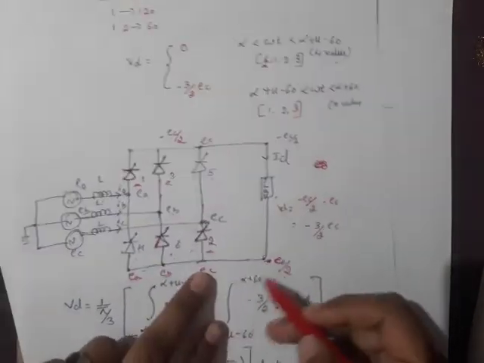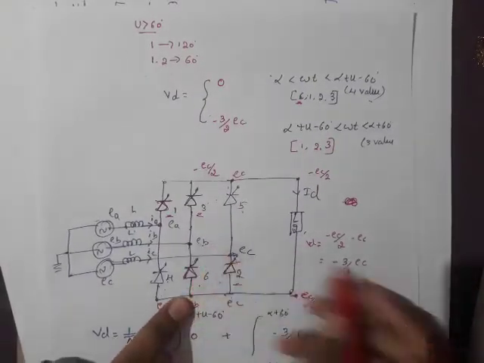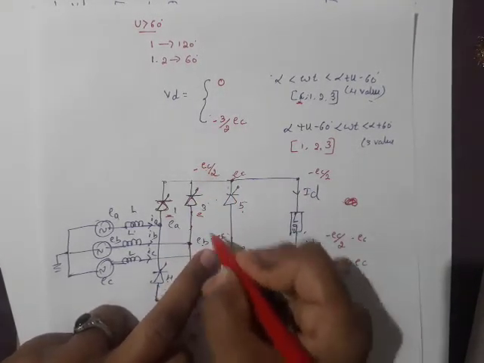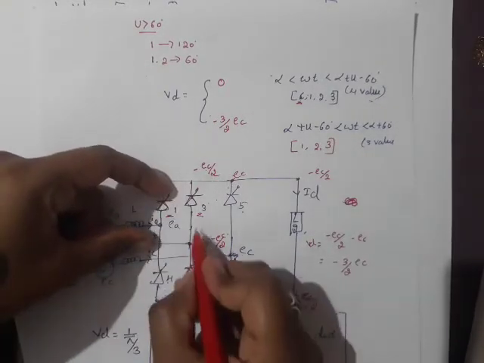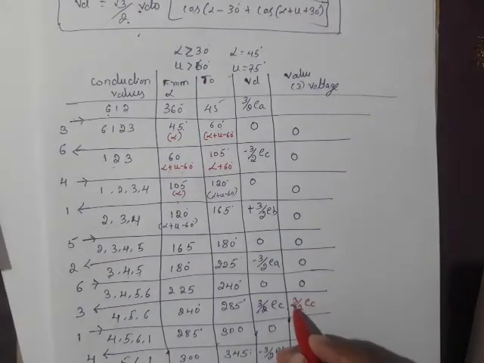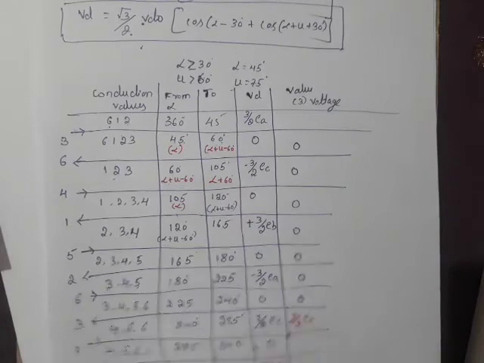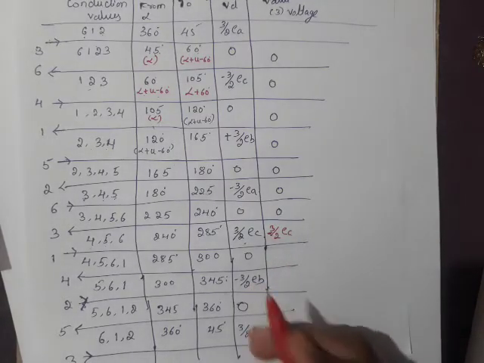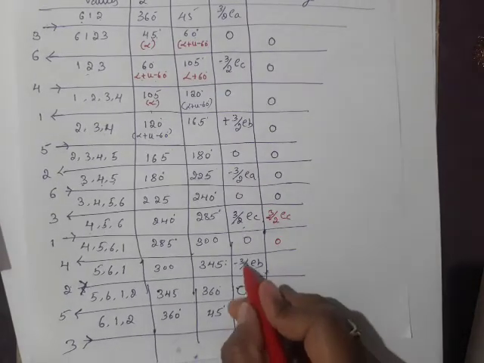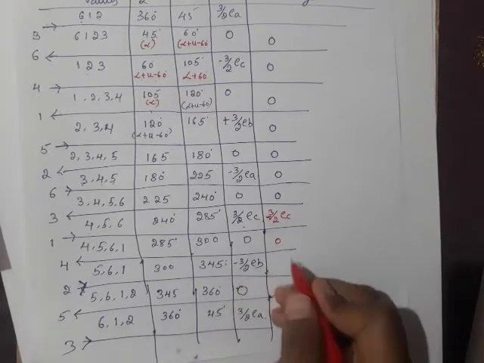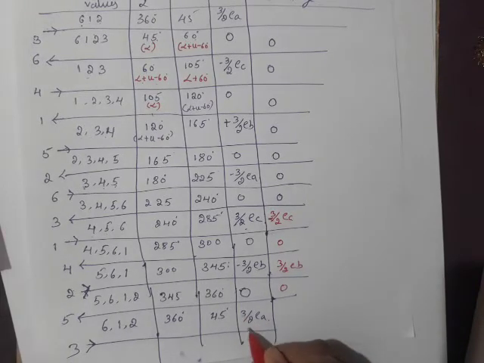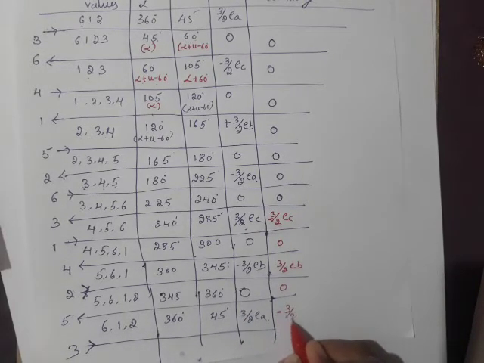That is 3 by 2 times of EC, with a minus sign. Why is it minus? Because we have to take it in the opposite direction, right? Because when we are considering valve voltage, we have to look in this direction, the opposite direction. So we are getting minus 3 by 2 times of EC. I told you, I will get exactly the opposite of the output voltage. When 4 valves are conducting, again valve 3 voltage is 0 because of the short circuit. Any conducting valve voltage is 0. Then this is minus 3 by 2 times of EB. Please verify yourself. Again here it is 0. 3 by 2 times of EA, you will get minus 3 by 2 times of EA.